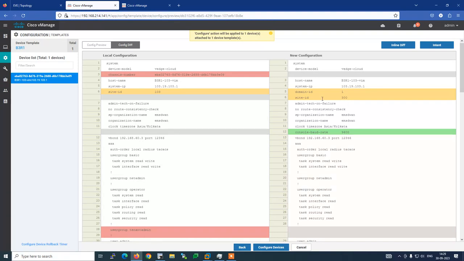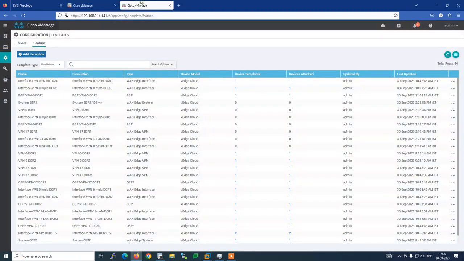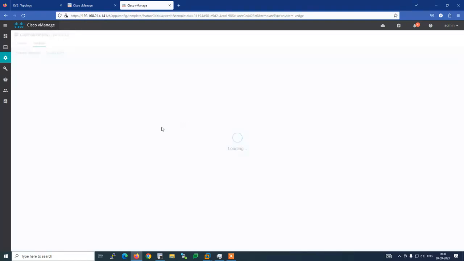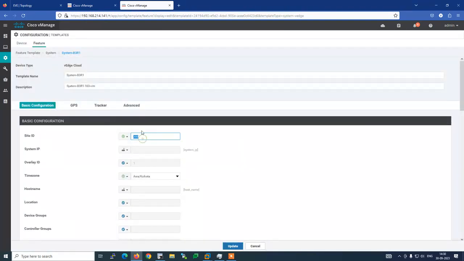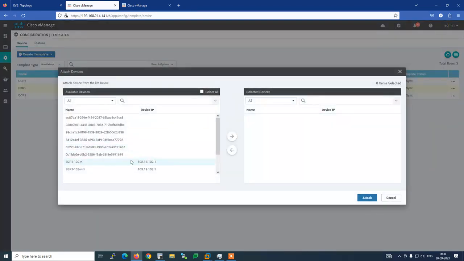So site ID is under the system configuration, so first we have to cancel it, okay, go to the feature, and what is system? So B3 system, here is the B3 system. Go to edit, 103, update. Now go to the B3R1, go to the attach, select B3R1, attach,